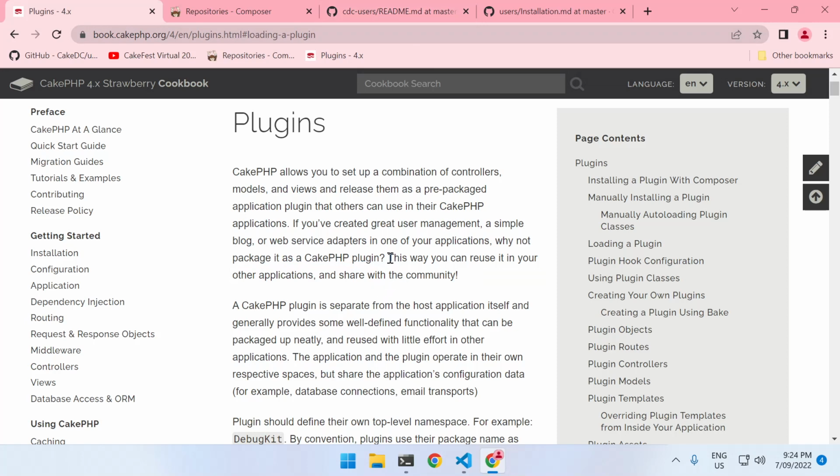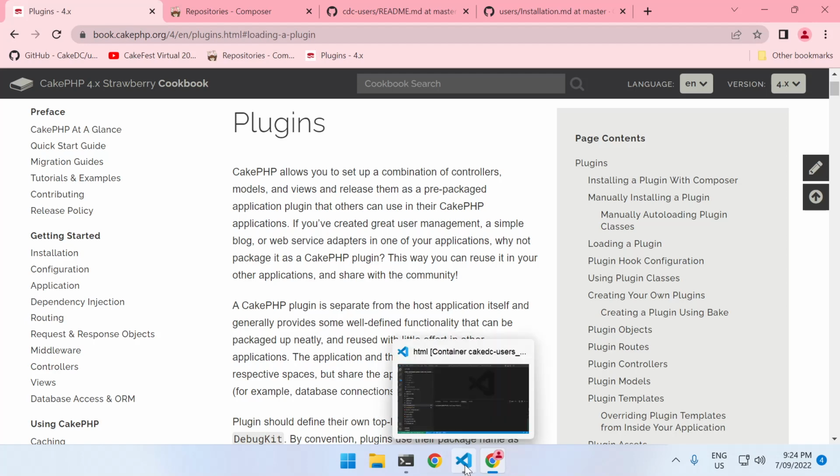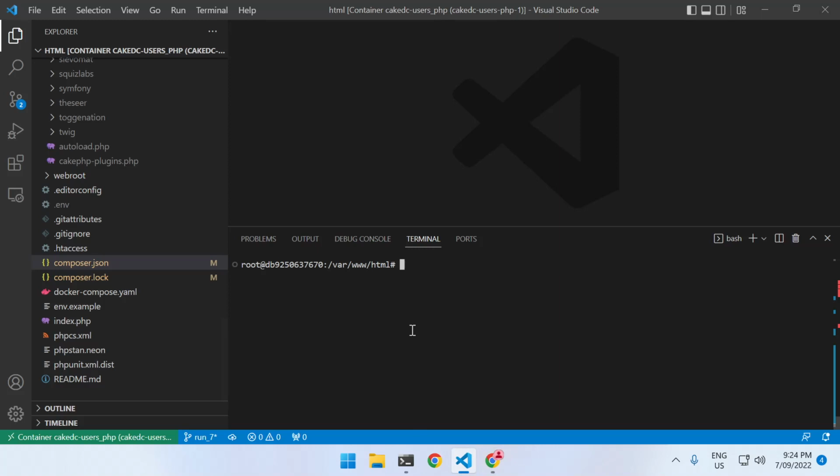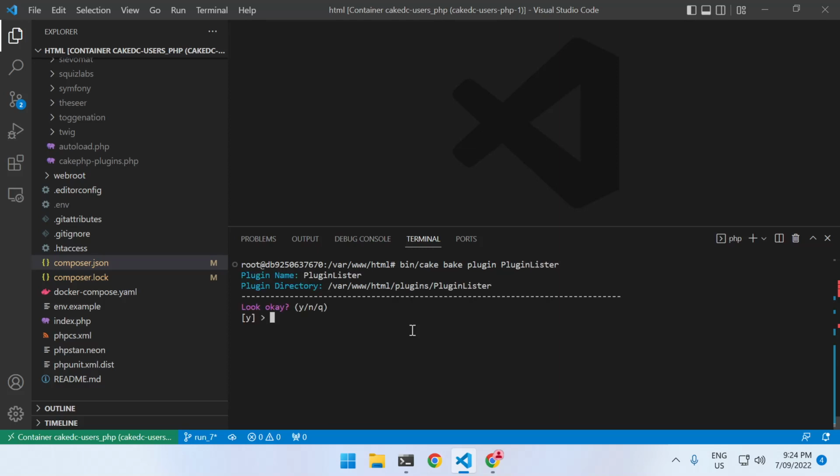And so we're going to just create a plugin and then implement it and then share it to our GitHub again. So this is Cake Bake plugin, and I'm going to call it the PluginLister plugin,